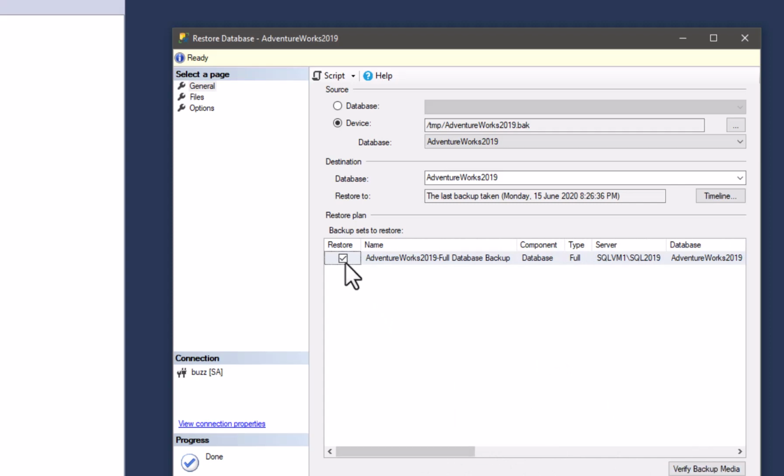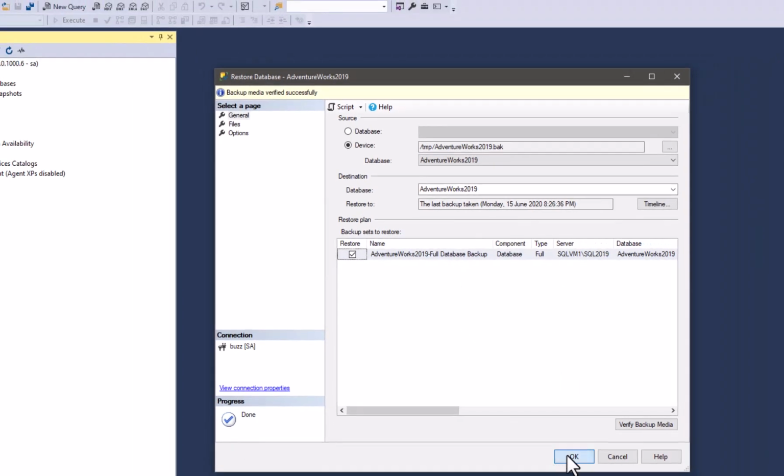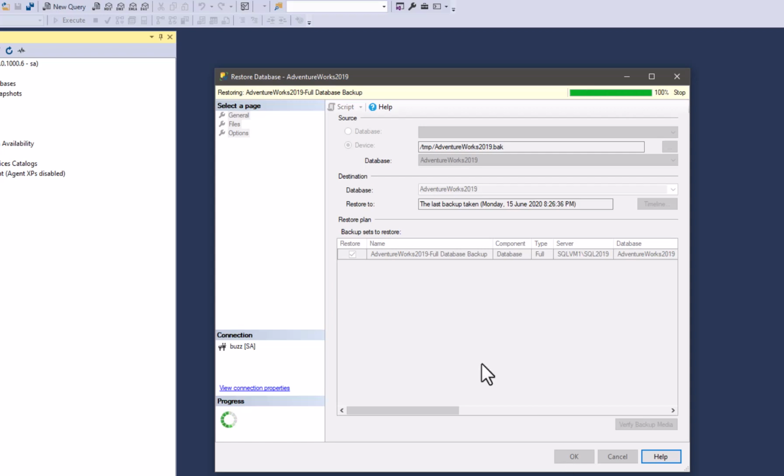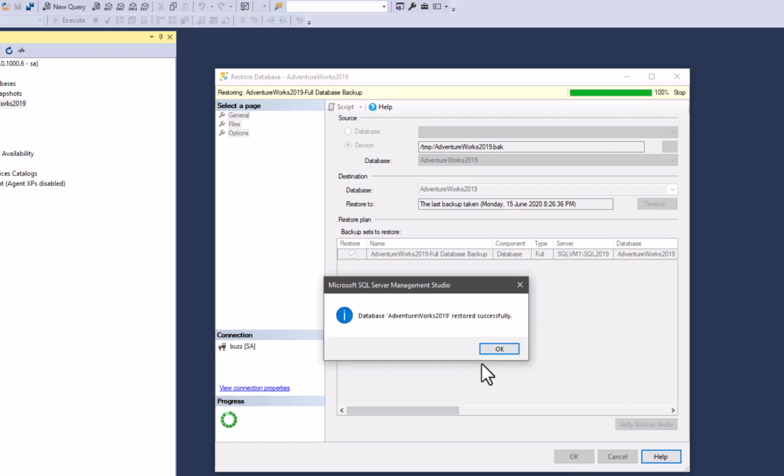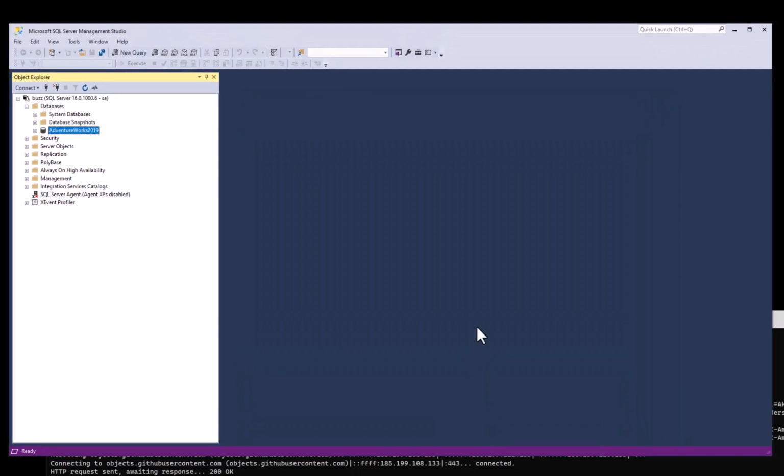And then we could, it's already verified. That's actually why this tick is here. But if we did verify it, it doesn't do anything. So everything's fine. We can just say OK, and it will pull that in. Database AdventureWorks 2019 restored successfully. And there it is. So now we can open it and we can see